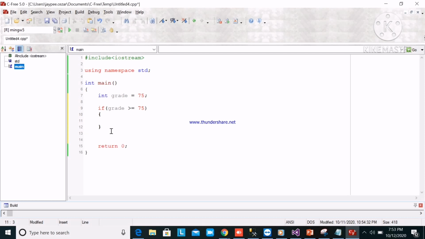There will be curly braces here, open and close. So if grade is greater than or equal to 75, we will display with cout